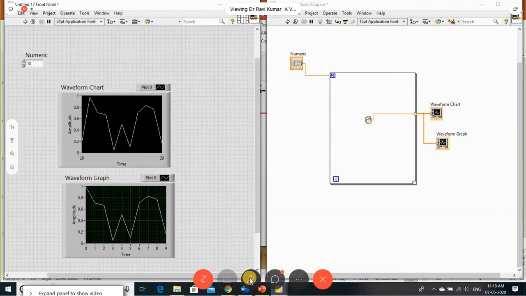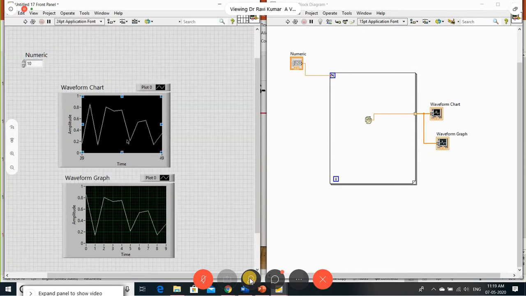So now again it starts from 0 and ends with n minus 1. The chart takes from the previous element, as plotted. If I continue this, see, from the 39, the continuation is happening. But the graph takes only from the starting 0 until where you stopped the loop, that is n minus 1. That is the difference between chart and graph.